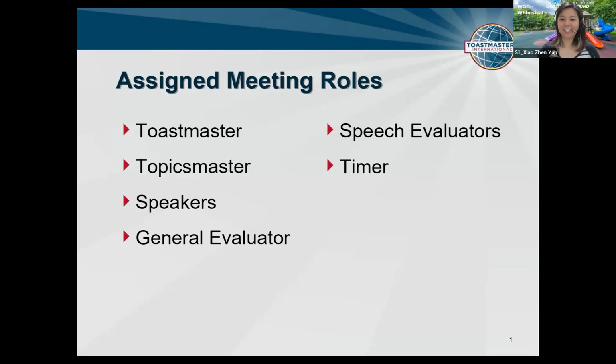Next, okay, the general evaluator will also be assisted by a few technical role players like the timer. The timer is responsible for keeping track of time for every speaker and meeting segment to make sure that we start and end the meeting in time. And at the end of the section, the timer will also provide a concise timer report. Next,